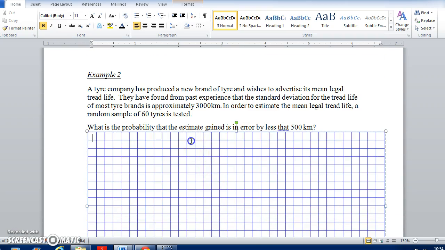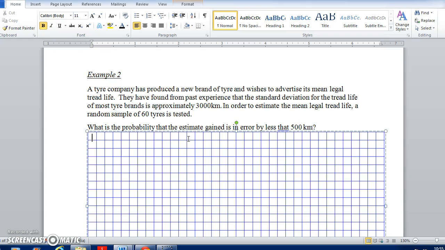Okay, so if we move on, our next example is looking at a tyre company that has produced a brand new tyre and wishes to advertise its mean legal tread life. They found from past experience that the standard deviation for the tread life of most tyre brands is approximately 3,000 kilometers. In order to estimate the mean legal tread life, a random sample of 60 tyres is tested. So what's the probability that the estimate gained is in error by less than 500